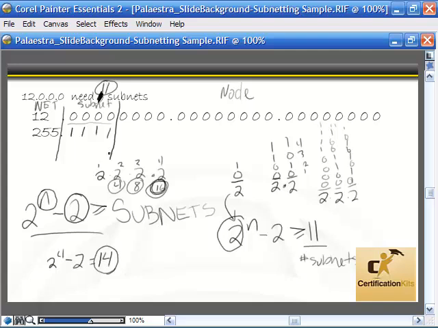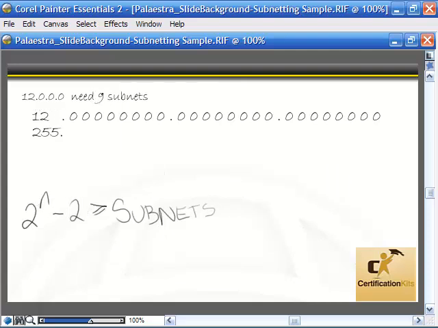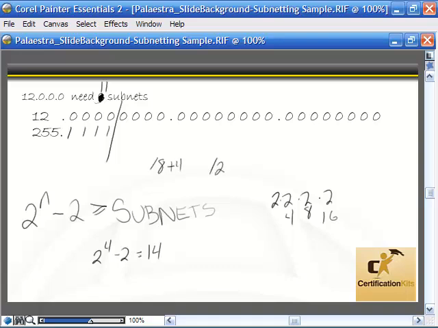So we're okay. I've cleaned up my slide again, and again, we don't need the 9 there. We need 11 subnets. So we multiply 2's together: 2 times 2 is 4, times 2 is 8, times 2 is 16. So that's 2 to the 4 we need. 2 to the 4 minus 2 is equal to 14. So I need to add 4 more bits to my subnet mask. So instead of /8, it becomes /12, also known as